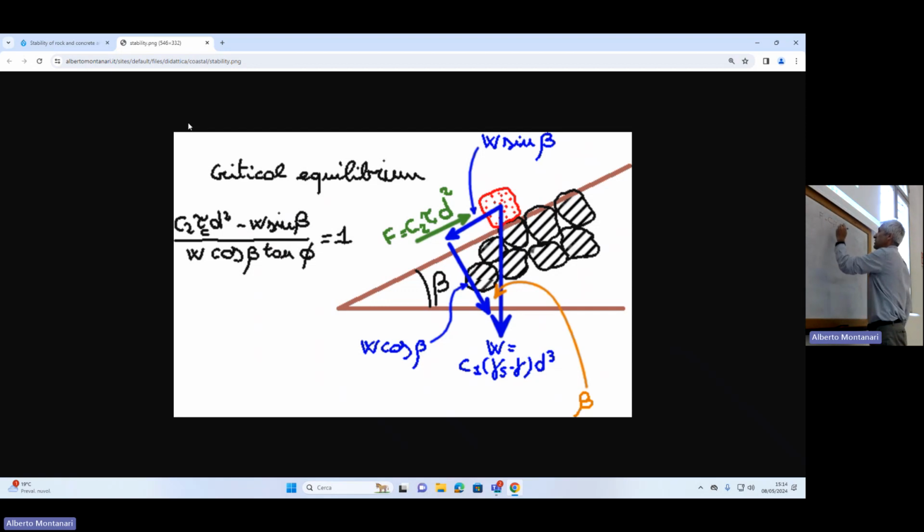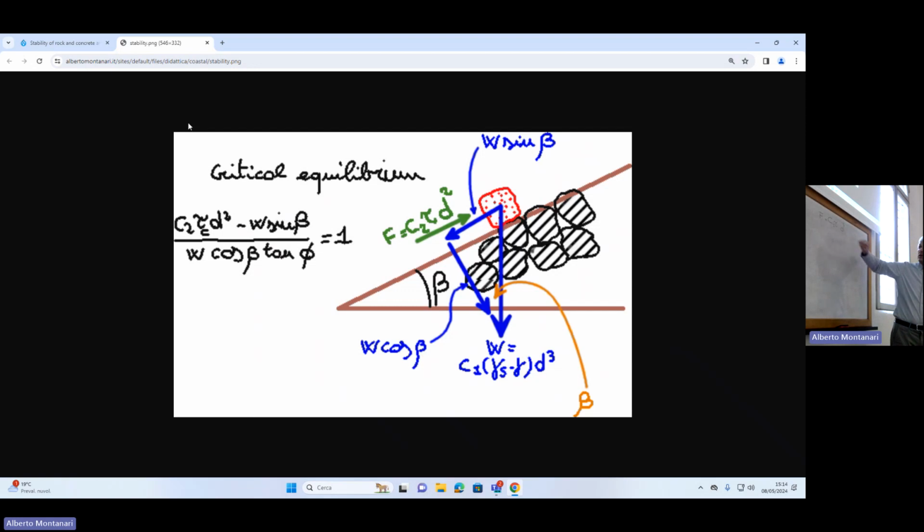Yeah, it is a shape coefficient because it takes into account that the characteristic dimension may be multiplied by some coefficients in order to get the area exposed to the forcing. So if the shape is a cubic shape, then C2 is 1, because the square of the side of the cube is already giving the area that is exposed to the fluid